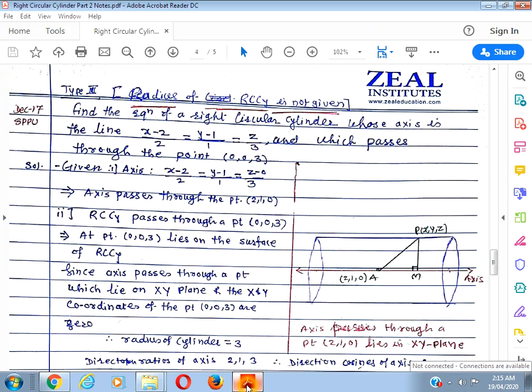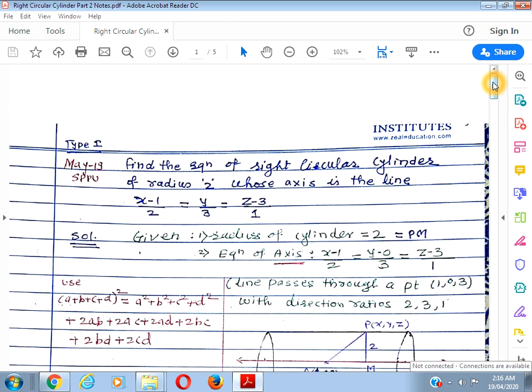Hello friends, in continuation with previous lectures on right circular cylinder, today in this lecture also we are going to discuss some problems on right circular cylinder. For the sake of simplicity, I have divided this topic into four types. The first type we are going to discuss now. In first type,